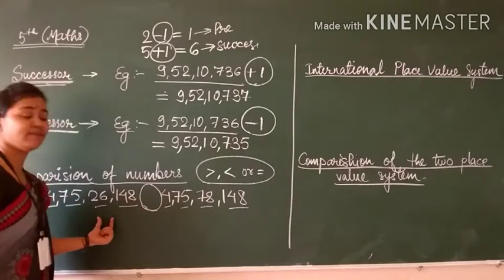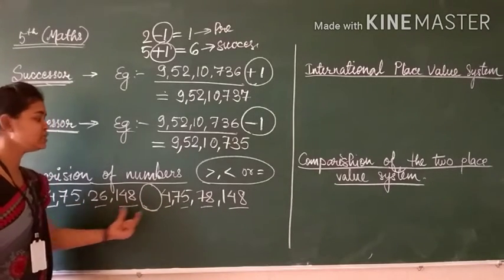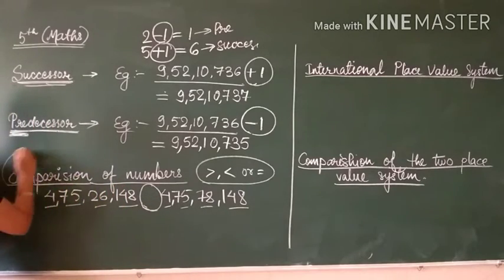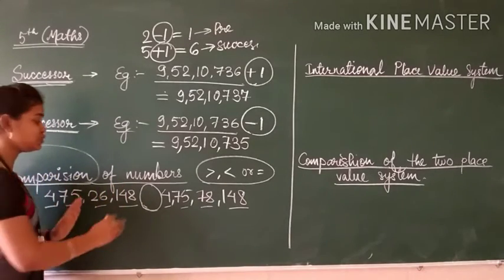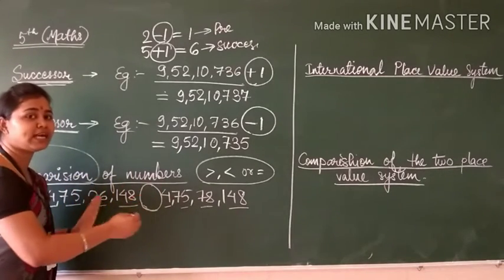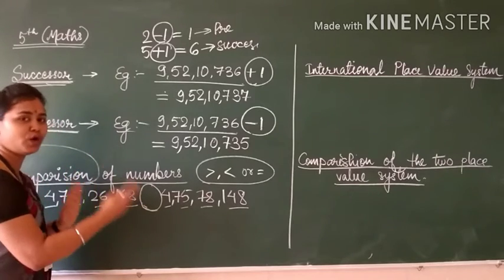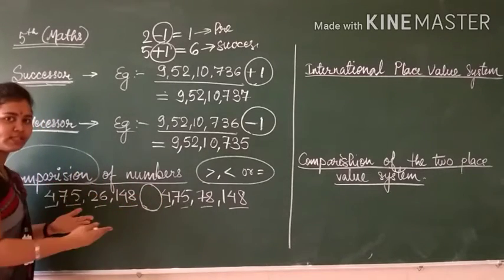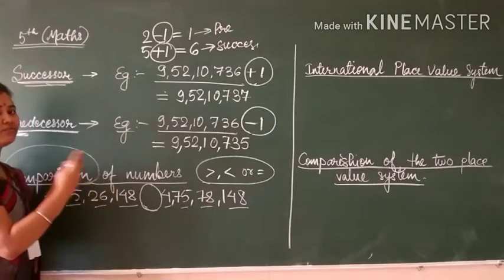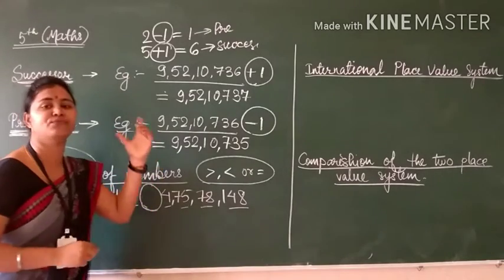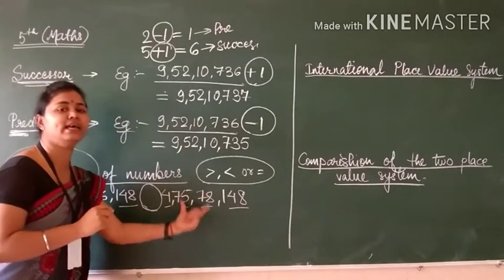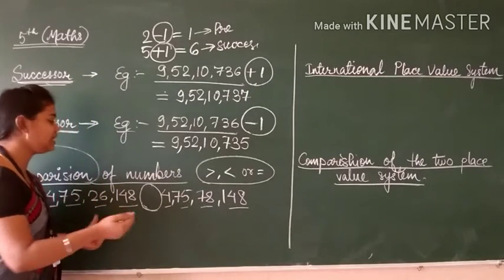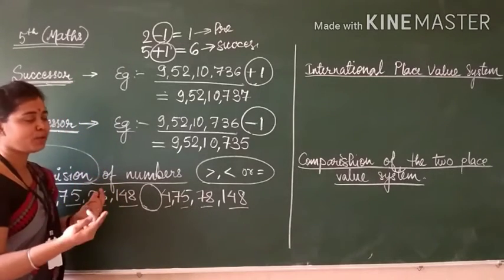Both sides are having an equal number of digits. So it is very important, first of all, to compare the numbers. The comparison of the numbers is to see whether both sides have equal digits or not. If they have equal digits, then I will tell you the further steps now. But if they do not, simply, if this side has 4 digits and this side has 5 digits, then obviously the 5-digit number will be greater.